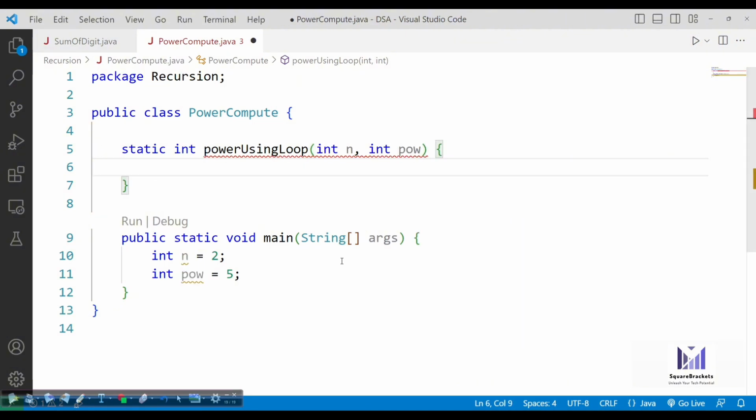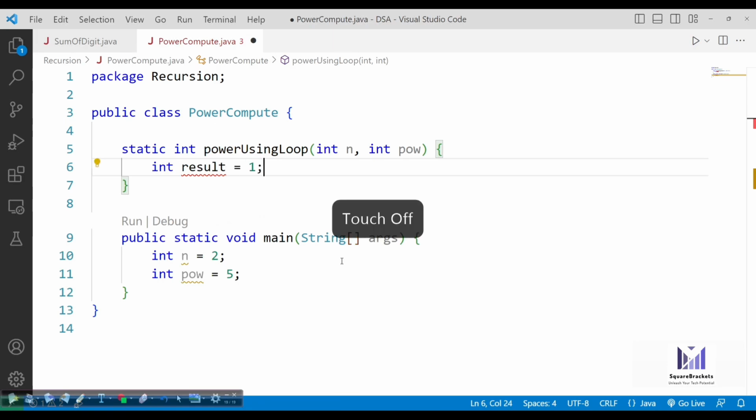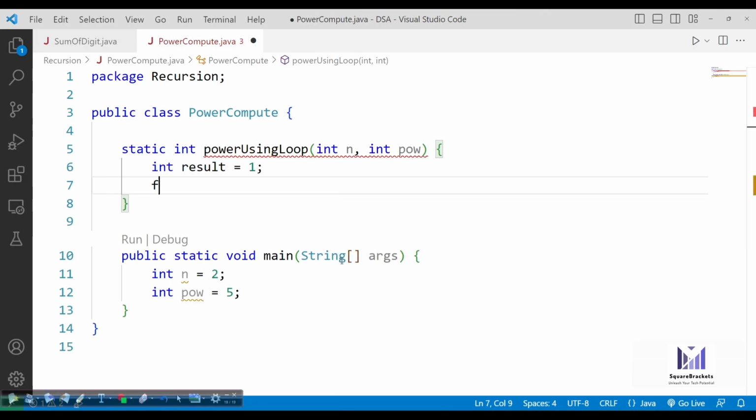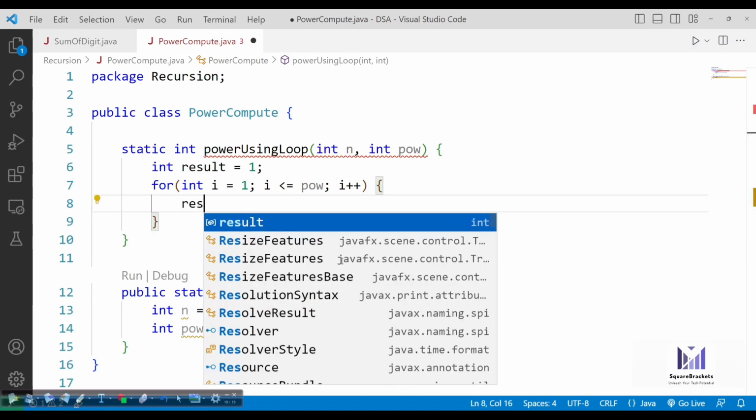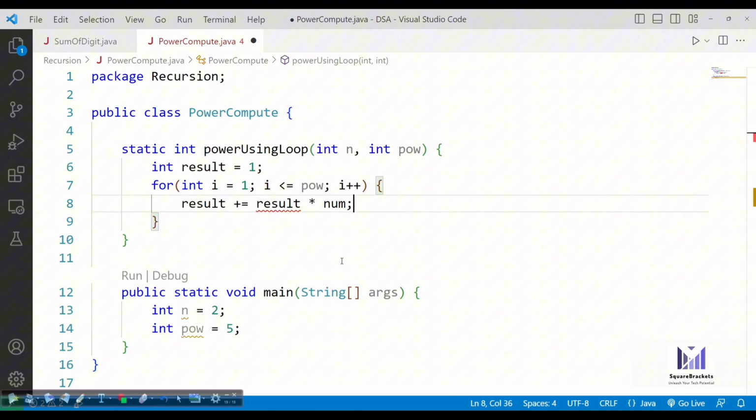Now we will use one variable result that will store 1 initially. And then you can iterate for int i equals 1, i less than or equal to power, then i plus plus. And then result equals result into num.